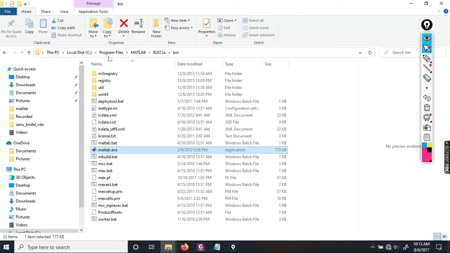MATLAB is installed in the Program Files, MATLAB folder, the version folder, and in that we have the bin directory. In that bin directory you have the exe. If you want, you can create a shortcut for it on the desktop, but usually this is the location for it. If you click on this exe, this application,